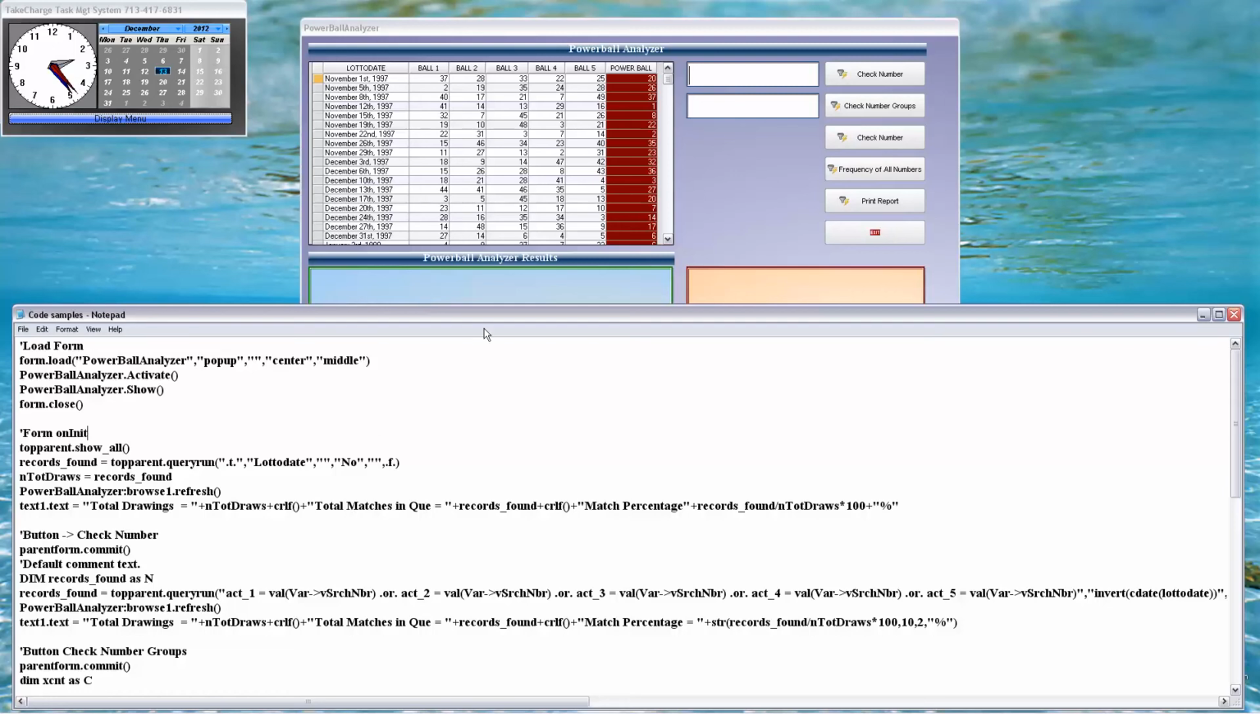Total matches in queue is records found, so that's based on our query. And then the percentage is records found divided by total draws times 100 plus a percent sign. So that makes it look nice and neat and pretty. Now, when we enter a value in our number slot and check the number,